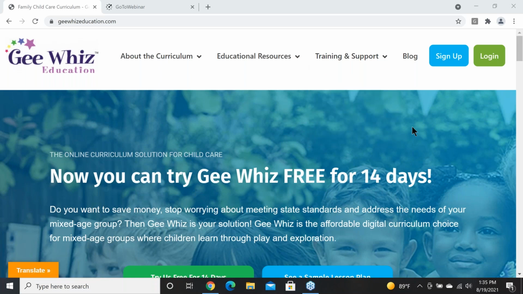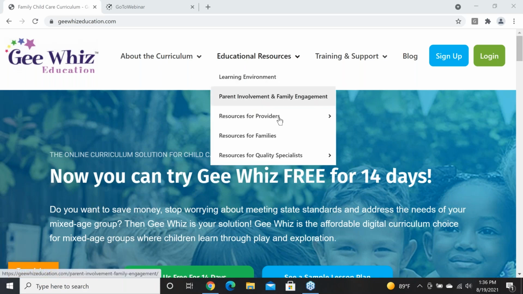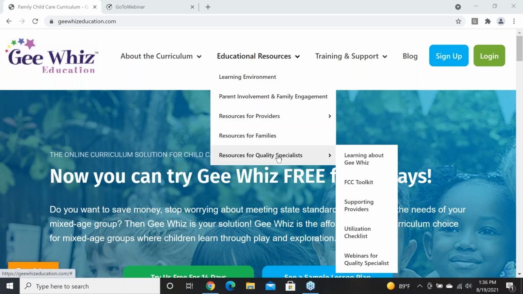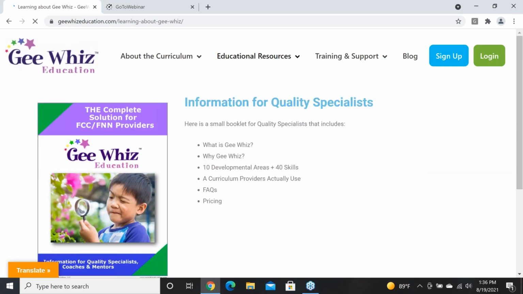So what we're going to do is we're going to get right into it. And where I want to start actually is with our educational resource piece, informational piece for quality specialists. So I'm under Ed Resources and I'm going to go to Learning About GWiz. We created this informational piece because we felt like our catalog was more tailored to a provider. They have different questions, I guess you could say, when they're looking at curriculum, but we wanted something for you